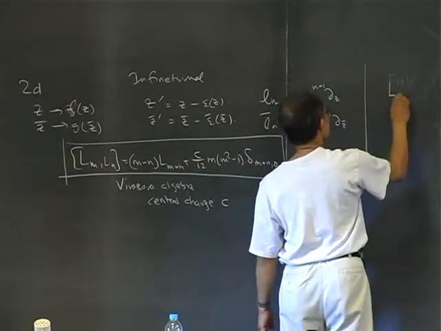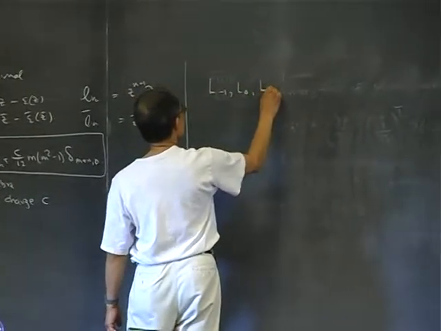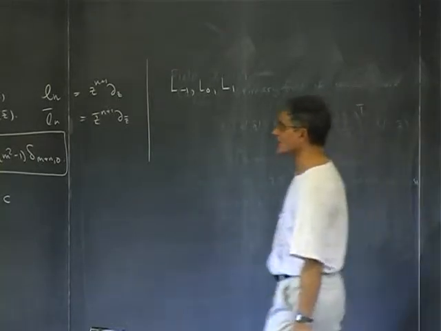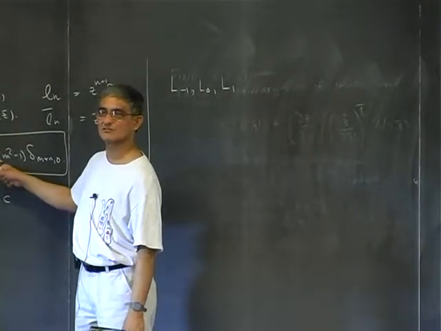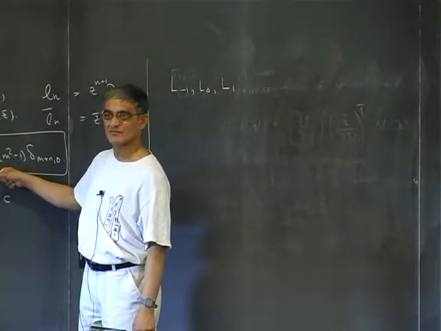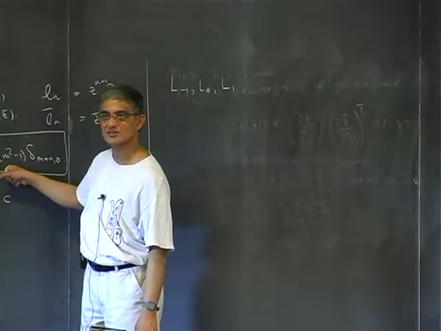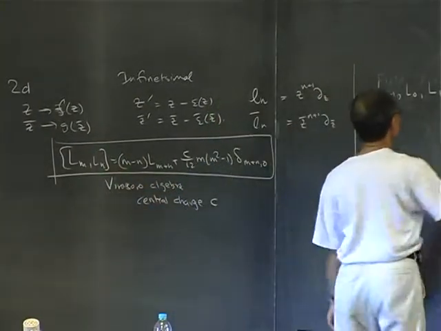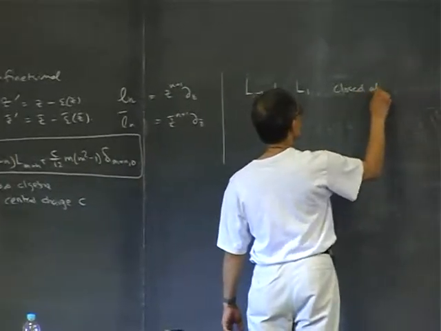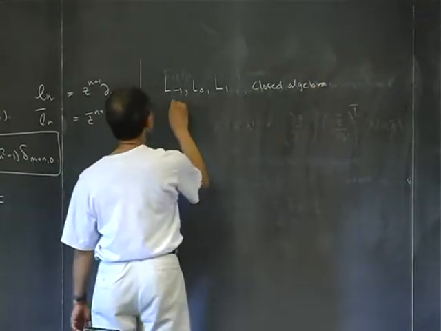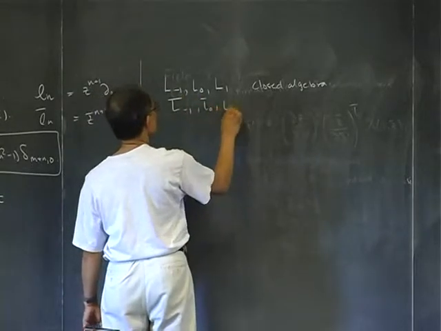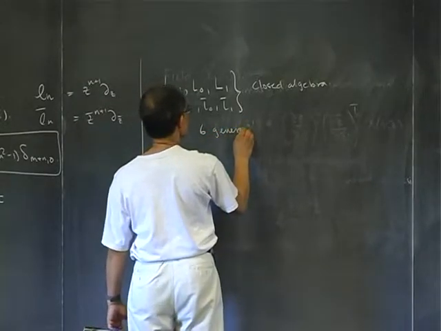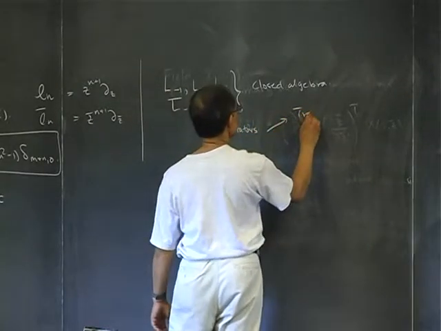However, L minus 1, L0 and L plus 1 form a closed algebra with no central extension, because this coefficient then vanishes. For m equal to 0 it vanishes, plus or minus 1 it vanishes, and you can see that you can never get out of this. So this formed a closed algebra, and together with L minus 1 bar, L naught bar and L plus 1 bar, there are 6 generators,